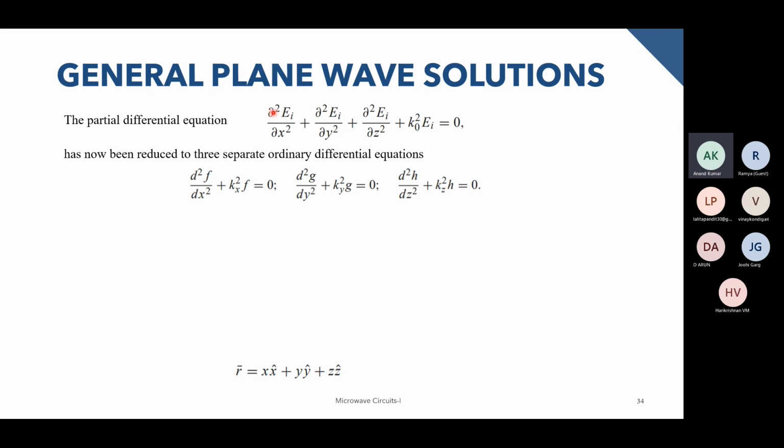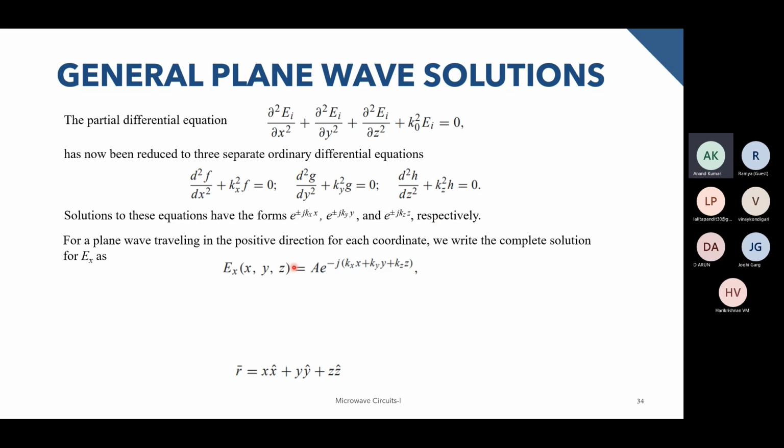So starting with the partial differential equations, we divided them into three different ordinary differential equations, and the solutions to them are of the form e power jkx, e power jky y, and e power jkz z. So for each of these terms, we know the solutions. So using this particular form,